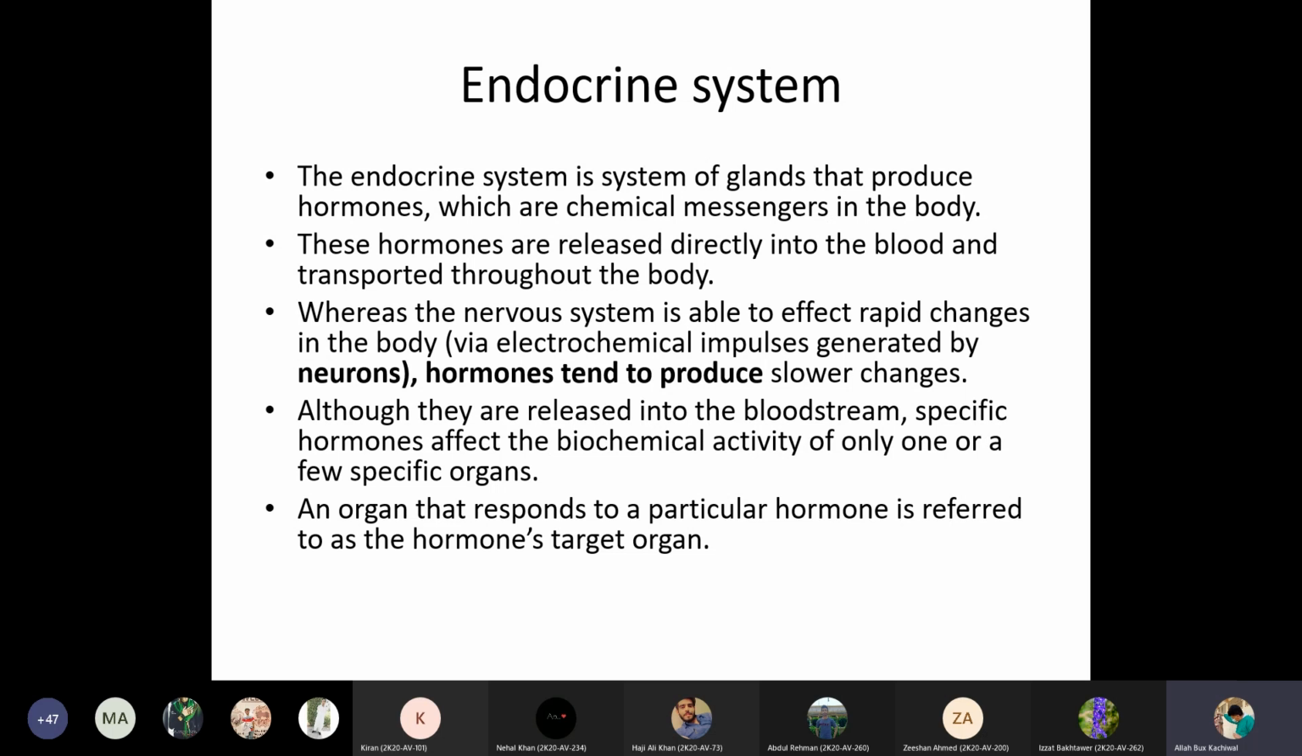और ये ब्लड उसको थ्रू आउट बॉडी ट्रांसपोर्ट करता है, और जहाँ पे रिसेप्टर्स और टारगेट सेल्स होते हैं वहाँ पे ये हार्मोन्स इफेक्ट करते हैं। अगर टारगेट सेल्स या रिसेप्टर्स मौजूद नहीं हैं, तो these hormones will not affect that particular or any cell. तो इसका मतलब ये है कि ये इस तरह से काम करते हैं